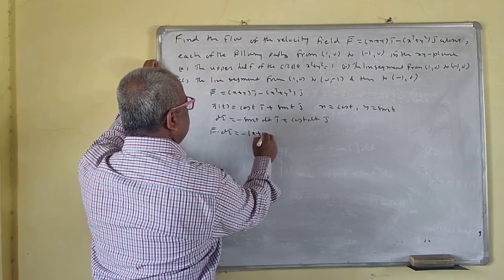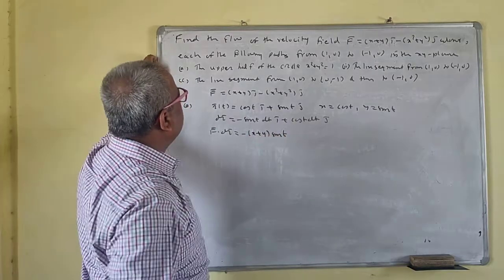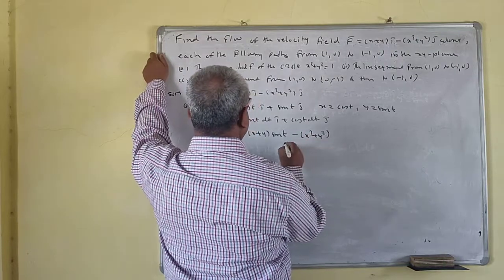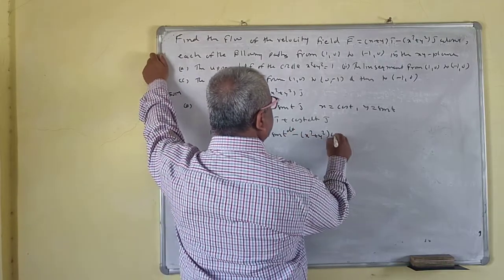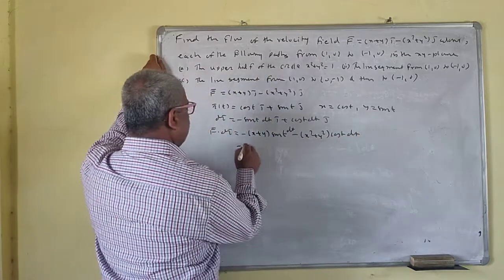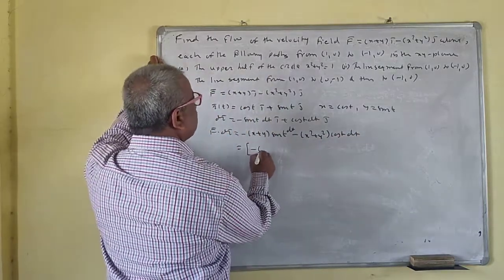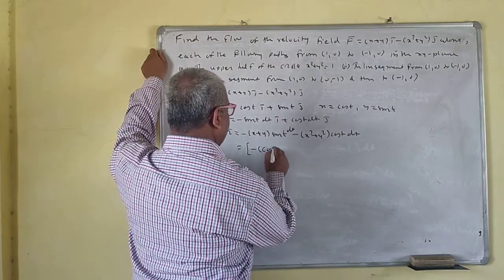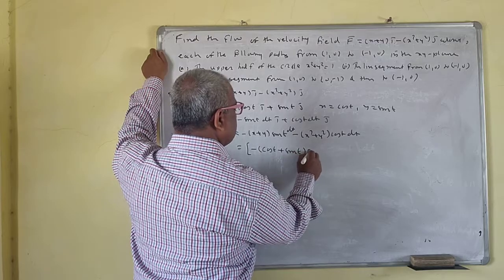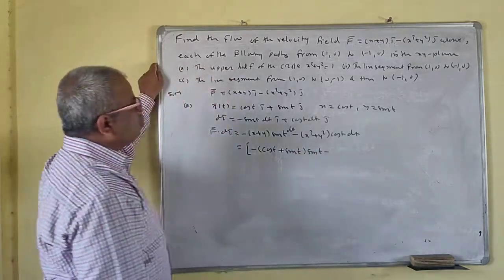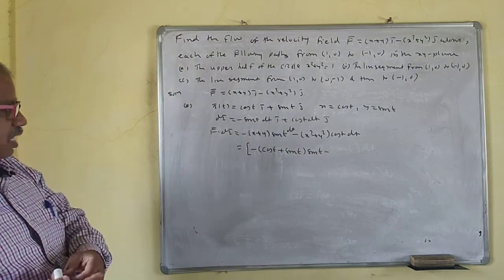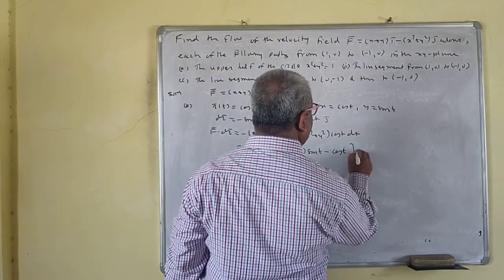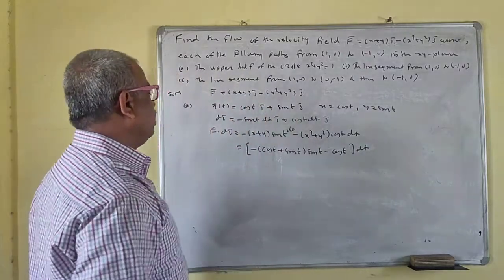So minus x plus y sin t, minus x square plus y square. Oh, this is sin t dt, cos t dt. Okay, so we take dt common. So minus x plus y, x plus y. That means cos t plus sin t, cos t plus sin t, sin t, minus x square plus y square is 1. No problem for this. X square plus y square is 1. So this is minus cos t dt.